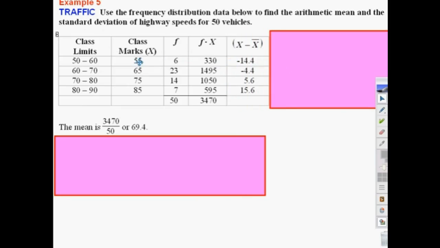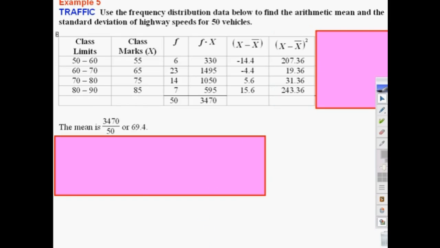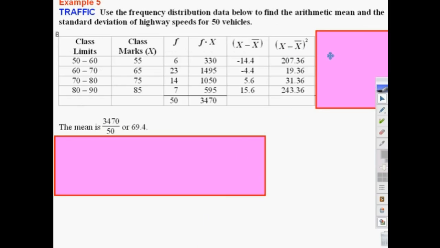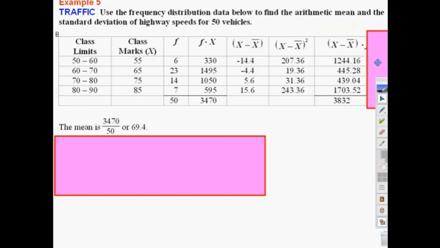Okay, so that's the first thing I'm going to do. Now this is the class mark minus the average. Okay, 55 minus my 69.4 is what I'm doing here. The class mark minus the average. And then I'm going to go ahead and square that, because that was the next part in the standard deviation, is to square that. And then I say that that difference happens 6 times. So I'm going to multiply that by my frequency. So I take that squared difference and multiply it by 6 to get